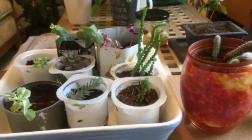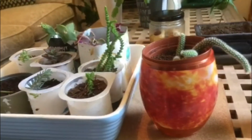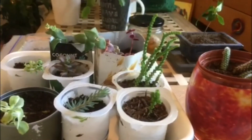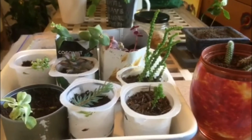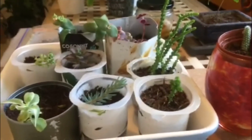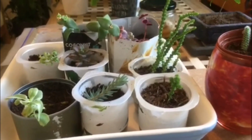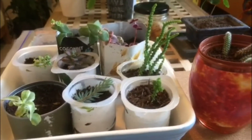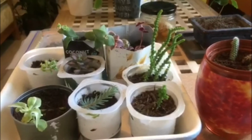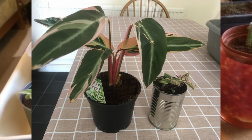I've also joined a plant swap group, a local one, as well as being in national ones, and people are all the time sharing and posting plants to each other, and it's so much fun to watch what they're up to. And when people say, oh, I really want this new plant, can anybody swap me a bit of this one I've got, generally those calls are answered, but I've tried to keep it more local, and I discovered that the city I live near has one, so I've joined it, and I've done my first swap, and that's where all these came from. So I swapped a Calathea trio star and some rooted cuttings of Tradescantia, a tiny little pink one,